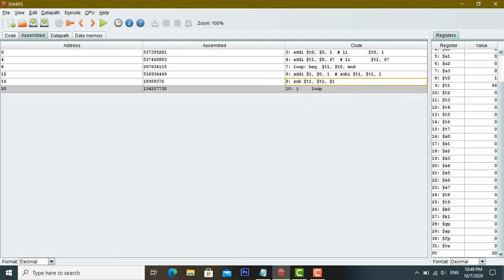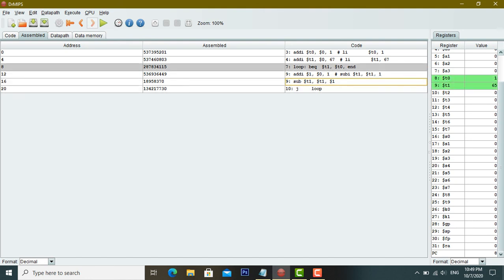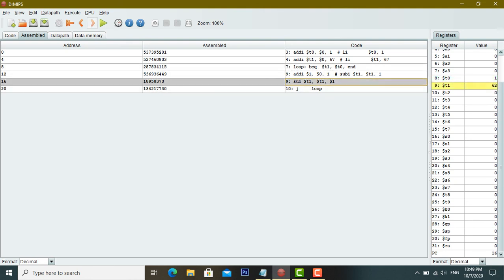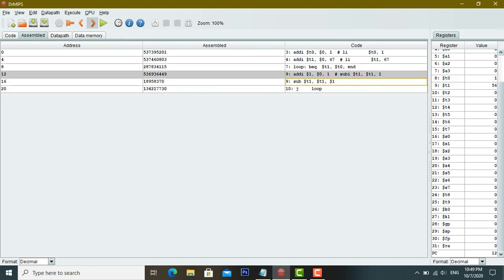So the T1 value is decremented through these two instructions, so we have the value 66. It will jump to the loop keyword, and step by step it will decrement its value by 1.